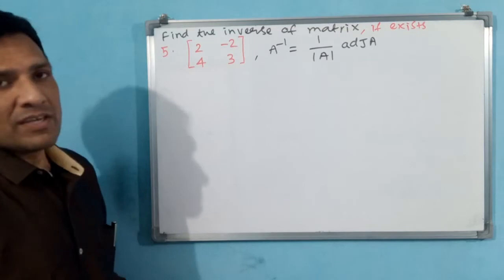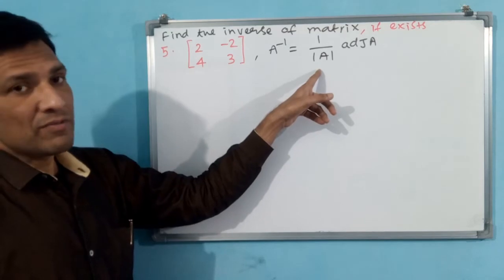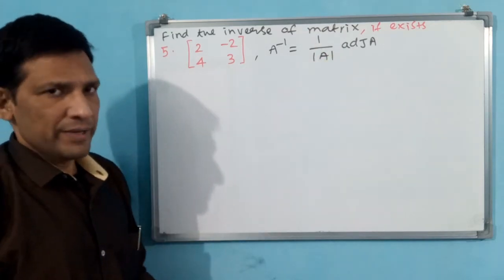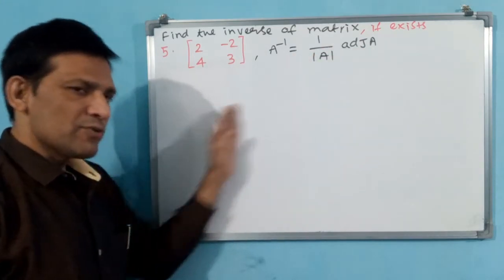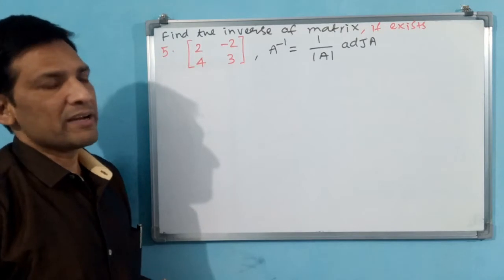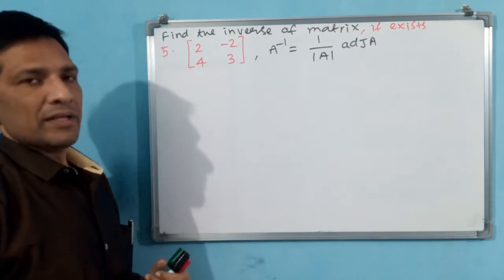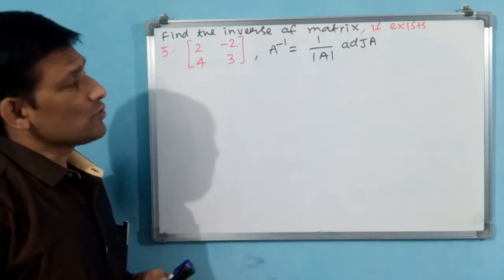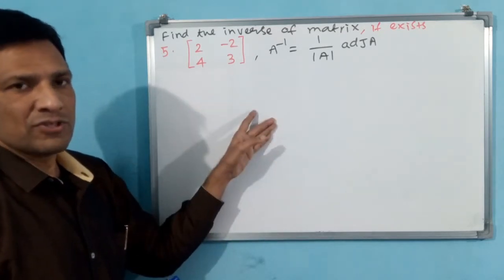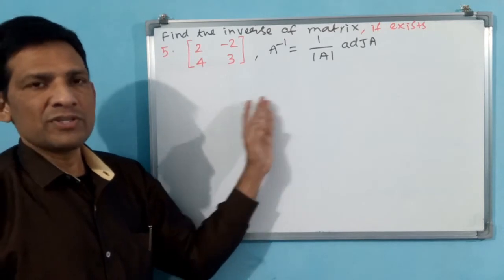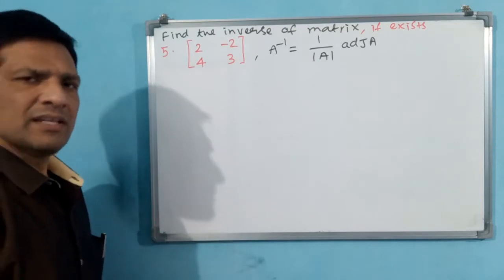Okay. See here determinant A is in the denominator. If the denominator becomes 0, then this is going to become undefined or infinity. Okay. If determinant becomes 0, then you need not find adjoint also. Straight away you write there is no inverse exists. Why? Because 1 by 0 is undefined or infinity. Okay. That is why first we are going to find determinant. Determinant you find, if determinant A, det A is not equal to 0, then A inverse exists, like you have to write. Then you proceed to adjoint A. Adjoint A for 2 by 2 is very easy, you can find.